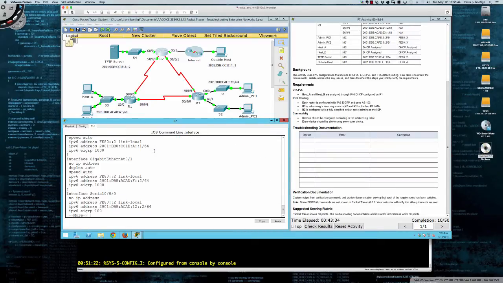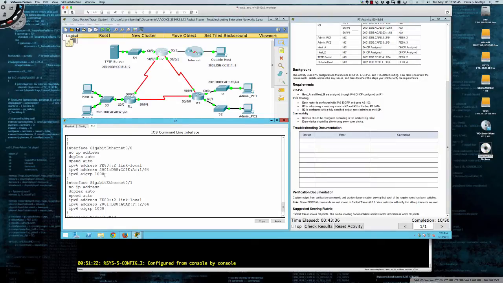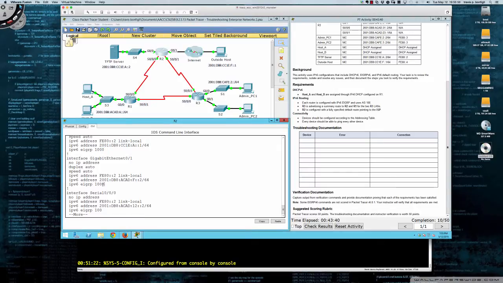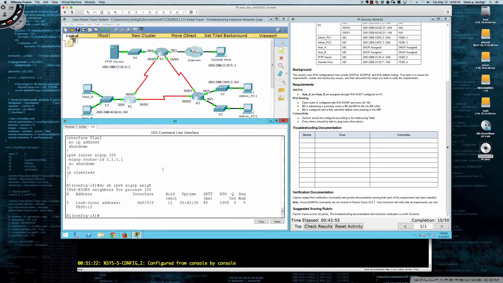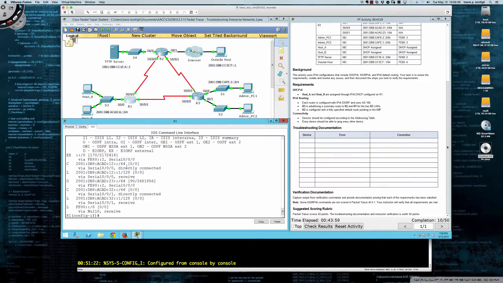So we've got the first interface. So EIGRP 1000, and then 1000 on gig 0/1, but then it's 100. So interesting, it's correctly set on the serial interfaces, so that's why the adjacency established with router 1. However, if I were to step back to router 1 and say do show IPv6 route, you'll notice I'm